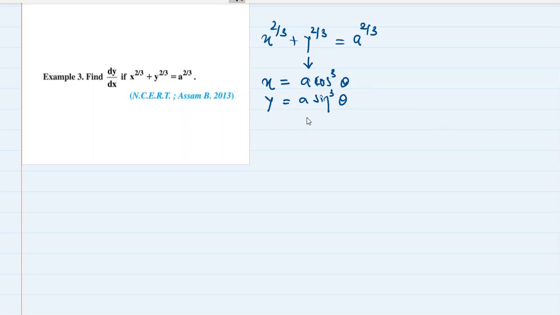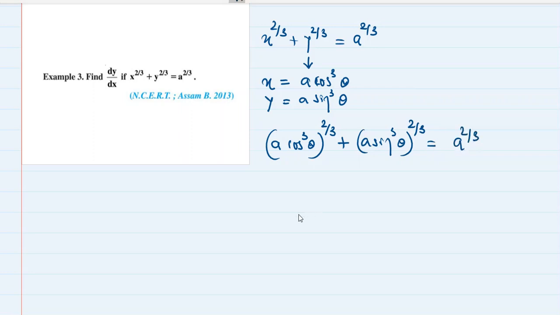So what happens over here is we get x raised to 2 by 3 as a cos cube theta the whole raised to 2 by 3, and y as a sine cube theta the whole raised to 2 by 3 is equal to a raised to 2 by 3. Then you can simplify it further by writing it as,